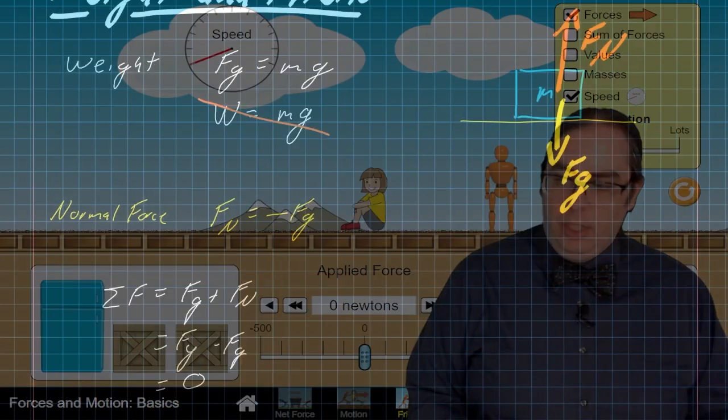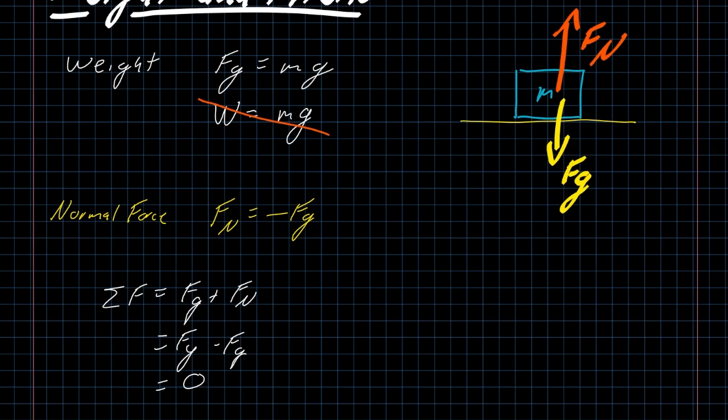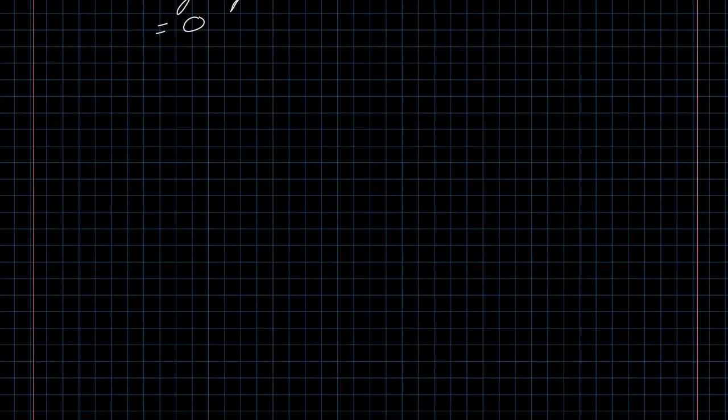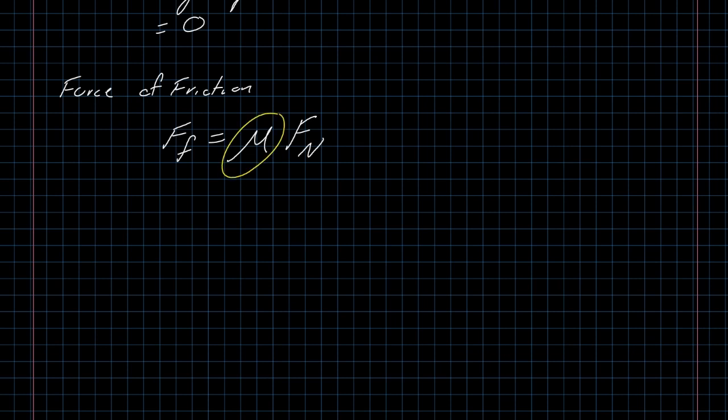It turns out, go back to my dark screen where we can breathe a sigh of relief. It turns out that it is the normal force that is our key here. So the force of friction is going to be equal to some constant. We call that constant the Greek letter mu. And we multiply that times the normal force. This constant is called the coefficient